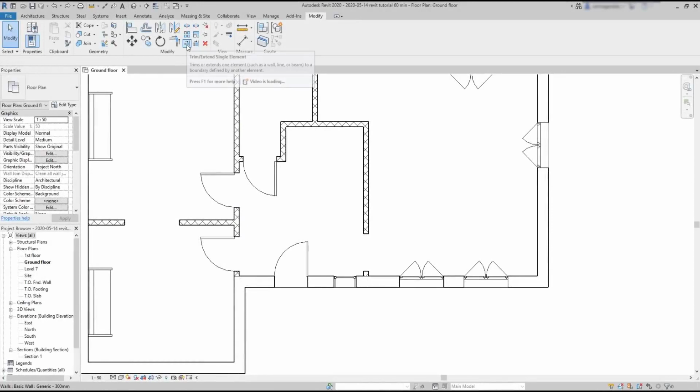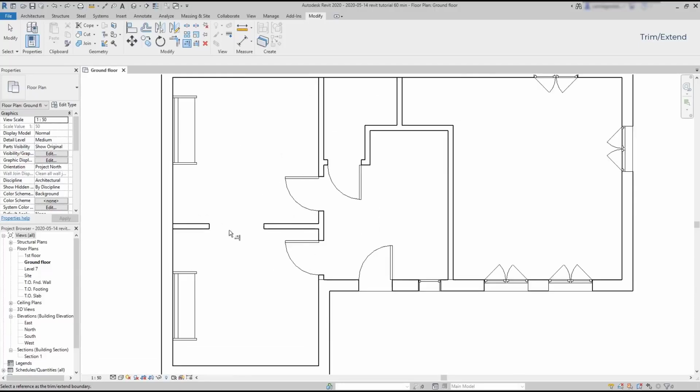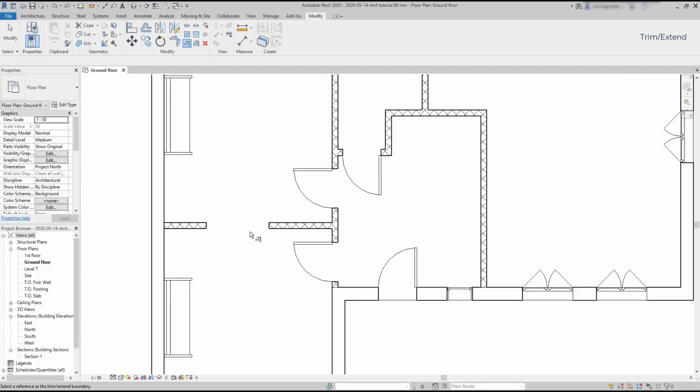Trim Extend Elements. This tool is a mix between trim and extend commands in AutoCAD. We use them in walls mostly. If I extend this little wall down here to connect the one above, I click first on the reference, here, and then on the wall that I want to extend. Let's try the same in another wall. Select this reference line,